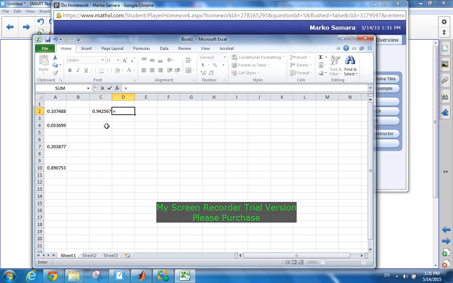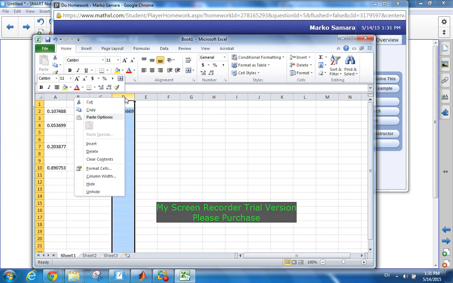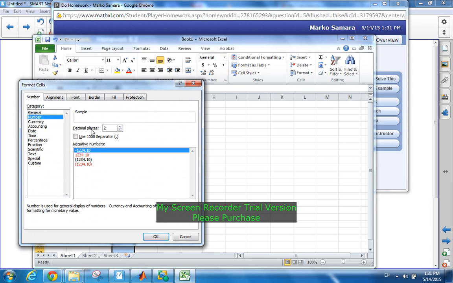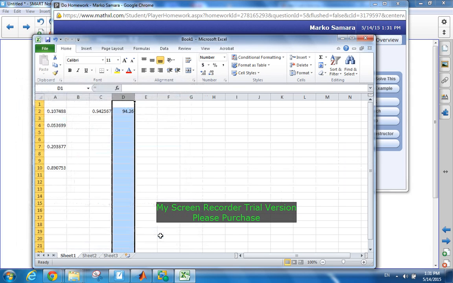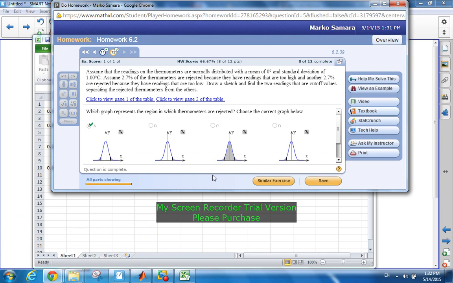let's see here, equals the one on the left times 100, and if you want to round to 2 decimal places, you can click on this cell or this column, right-click, format cells, number, and then decimal places, round to the second decimal place, and you see 94.26, which is exactly what we got. Okay, and the last problem